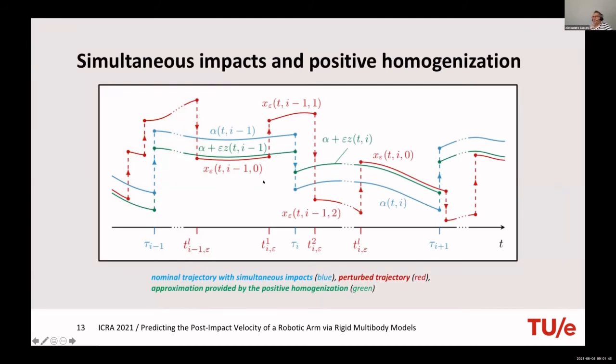Here's a picture to try to explain what I'm doing. Let's look at the reference, the nominal trajectory. Imagine you have this trajectory with certain impacts: free motion, simultaneous impacts, then some motion, then maybe detachment, then you move again, and then another simultaneous impact, and so on. This blue one has only one simultaneous impact. Then you perturb your system, and like I said, you're not going to have only one impact. You have multiple. You don't even know the sequence or how many.